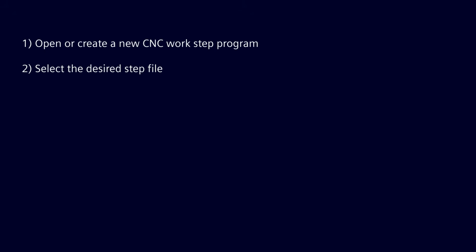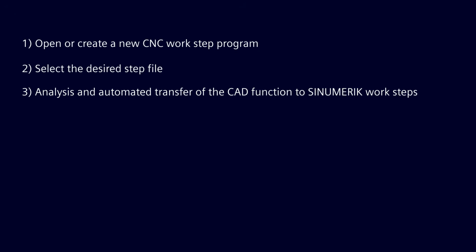Let's briefly summarize the use of the 3D feature scanner. We open an existing CNC work step program or create a new one. We select the desired step file. The CAD data is analyzed by the 3D feature scanner and automatically transferred to the CNC program in the form